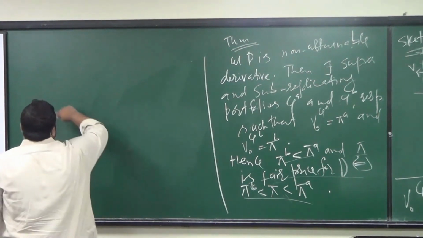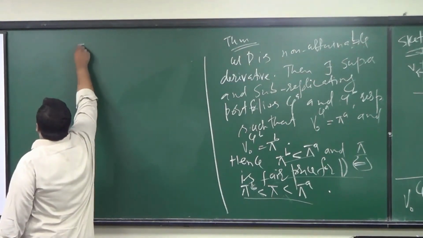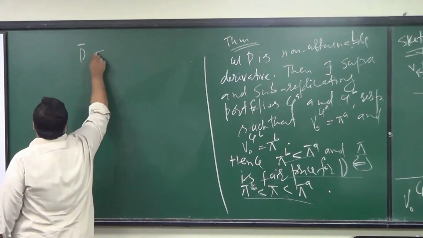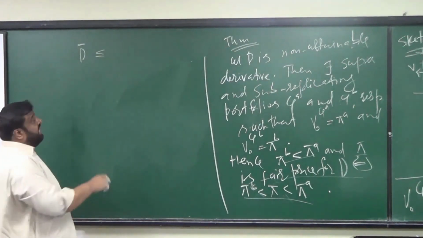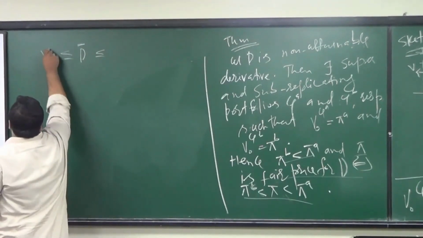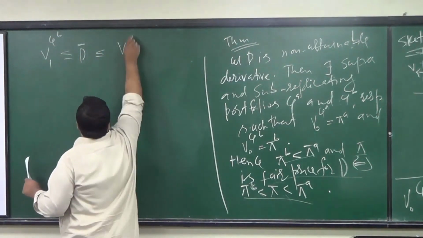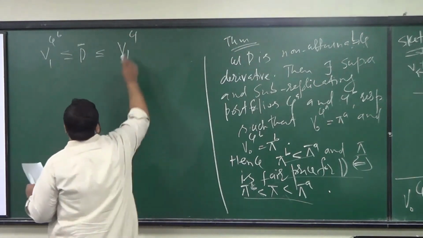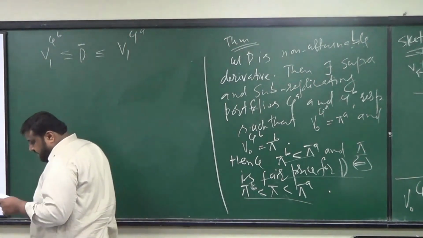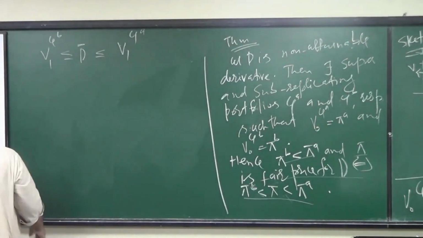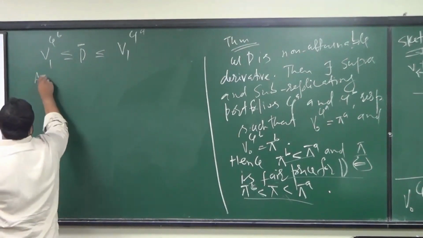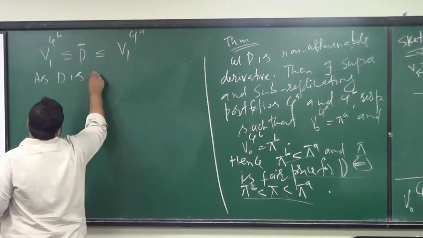Then I know that the value of B bar lies between what? It lies between the value of phi B and phi A. And as B is not attainable,